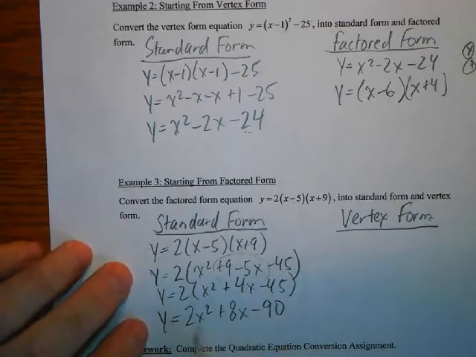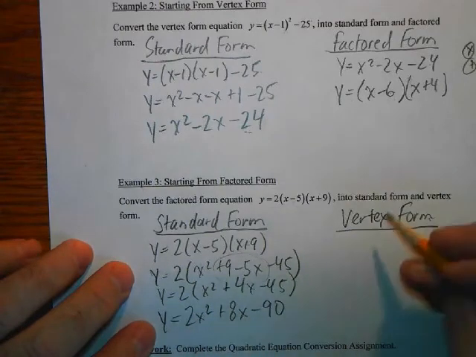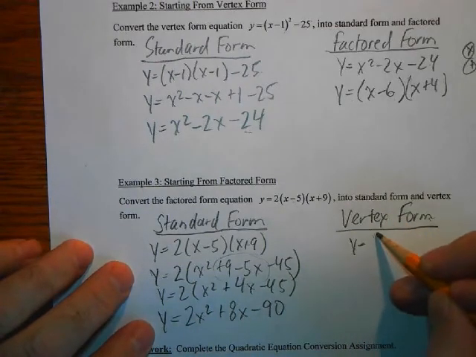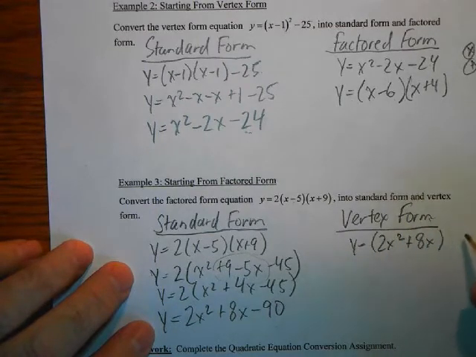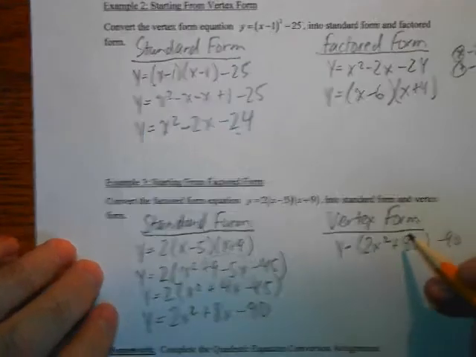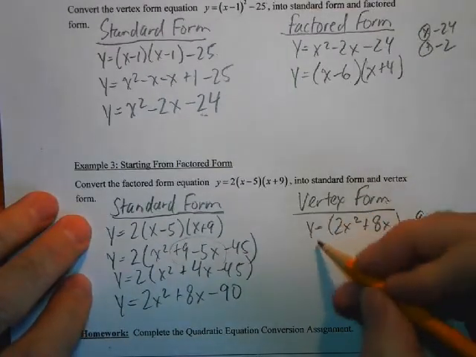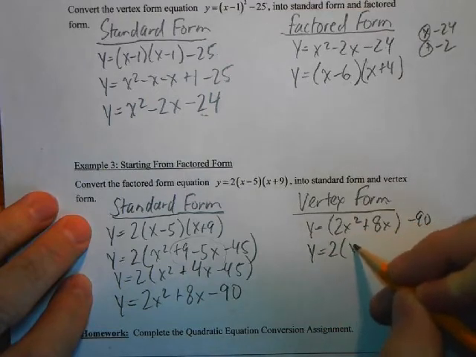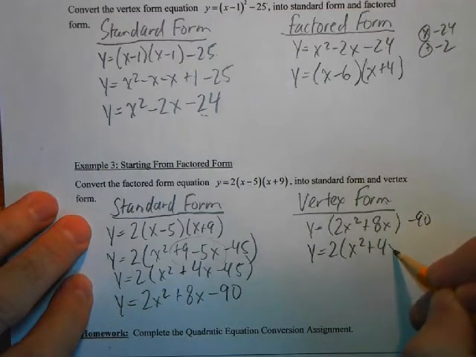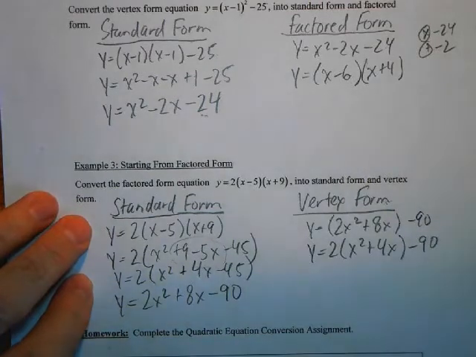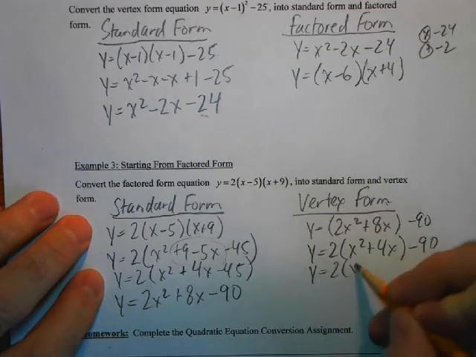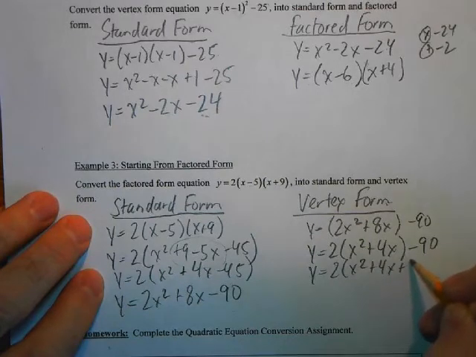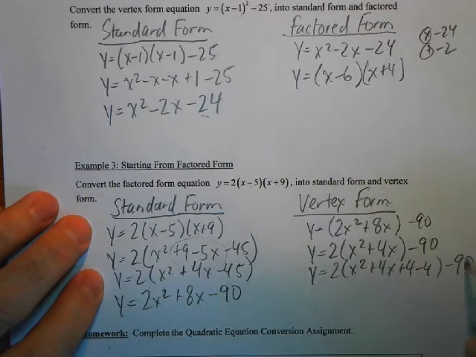Okay, so I'm going to start with the standard form. I'll put the brackets around, as my first line, just the first 2 terms. Then we're going to factor out the 2 because that's the coefficient of x squared. So I get 2 bracket x squared plus 4x, minus 90. Now we're going to complete the square inside. So half of 4 is 2, 2 squared is 4. So we're going to add and subtract 4 inside the brackets. Okay,